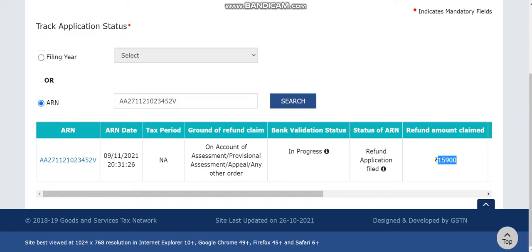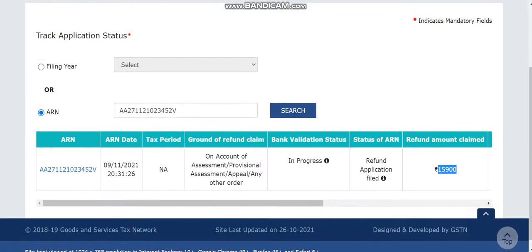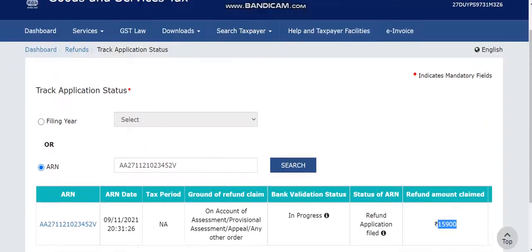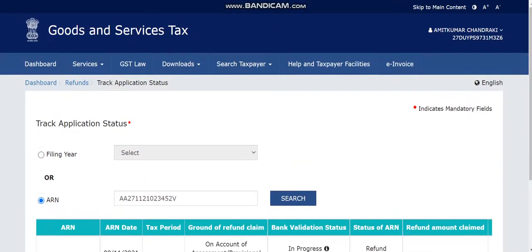So that's it, guys. The purpose of the video was to explain how the refund can be filed. And if you want to select another reason, you can just go by the same process, nothing more. The form is the same for all kinds of applications. Hope you guys learned something from this and that it is helpful to you in some way.